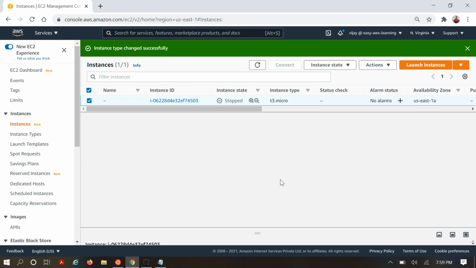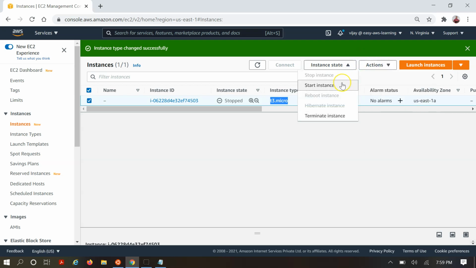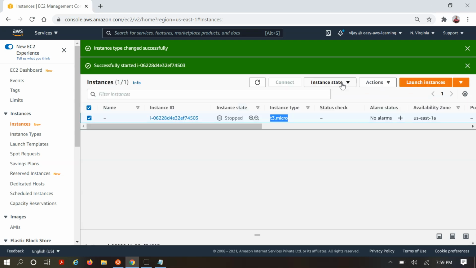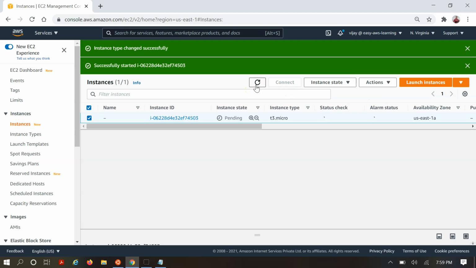So you can see here the instance type has been changed from T2 micro to T3 micro. Now you can start your instance again from here, start instance. So this will start your instance again. Now you get the configuration of your desired instance type.